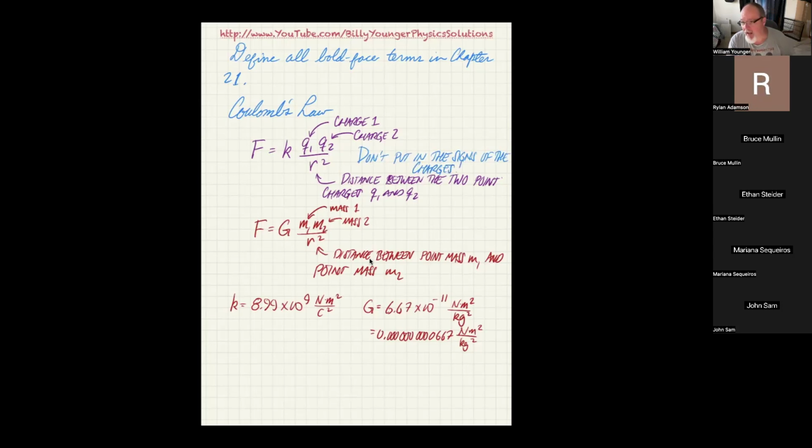That's just the way that I've taught forever. That's the way I find it most useful. There are times where you could actually put it in, but I just don't find it useful for Coulomb's law. So don't do it. I will say that one, gravity is way weaker and only attractive.